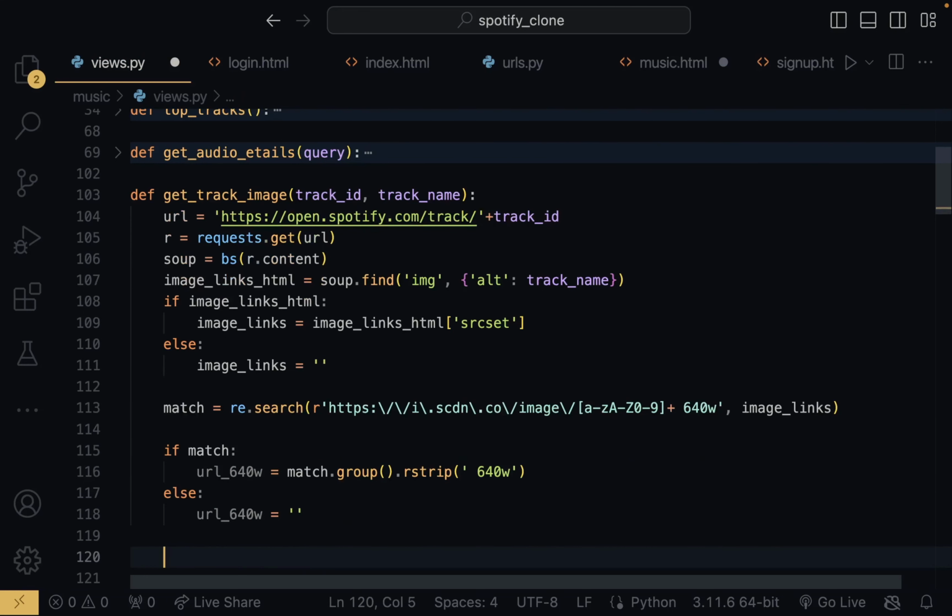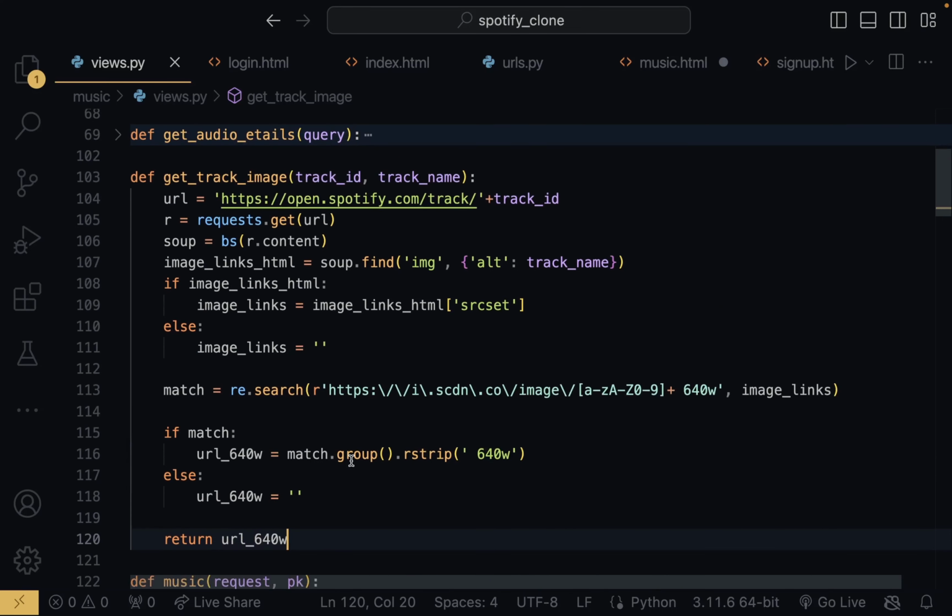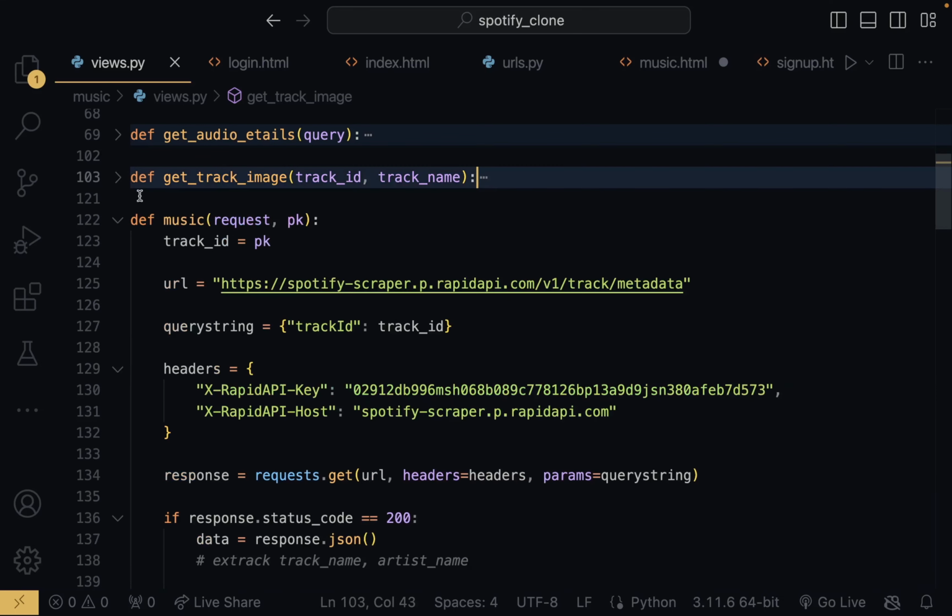And now we can just return this. So this should work. Everything should be fine. And let's just try this out. So now let's say we're trying to run this. Just gonna copy this, get track image, close this, come into music. So right here in music, we're going to